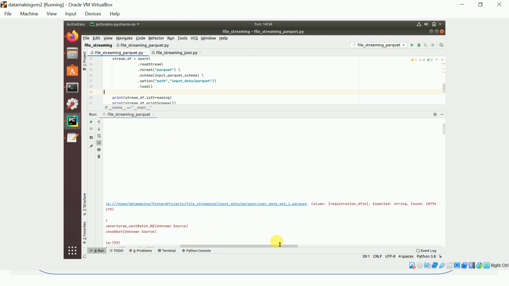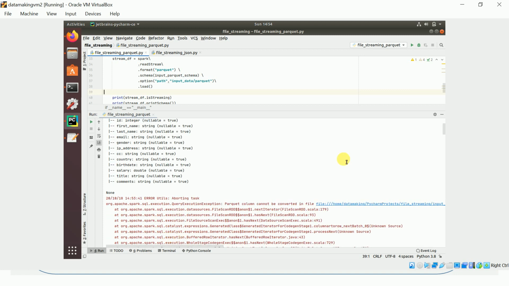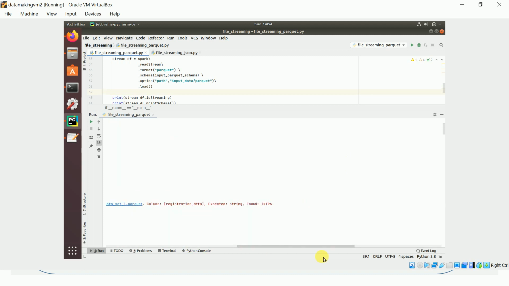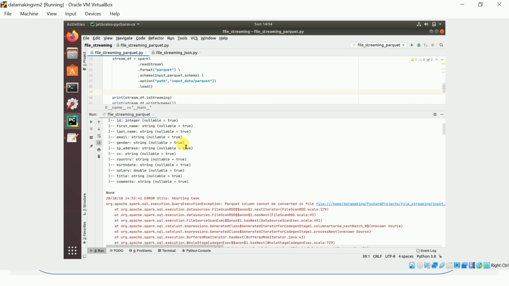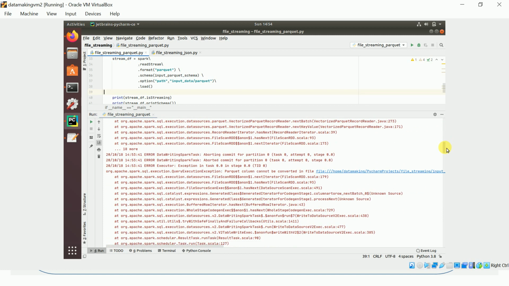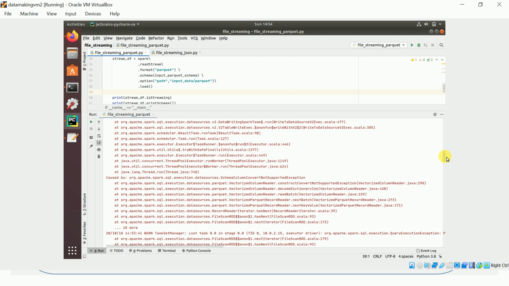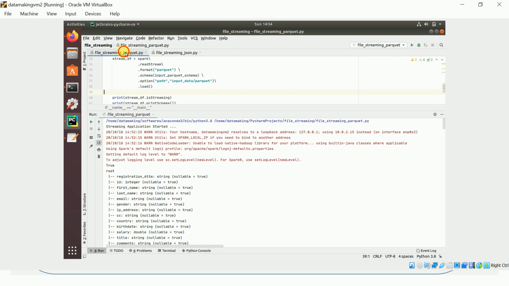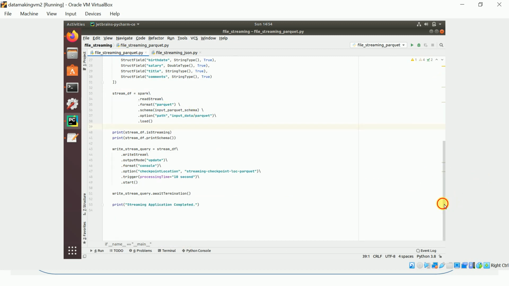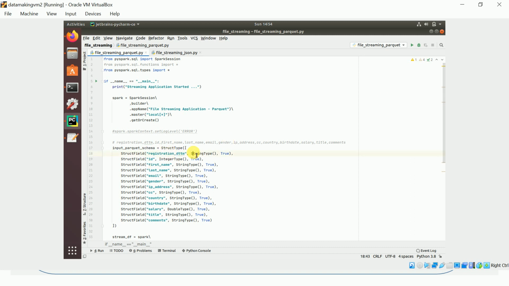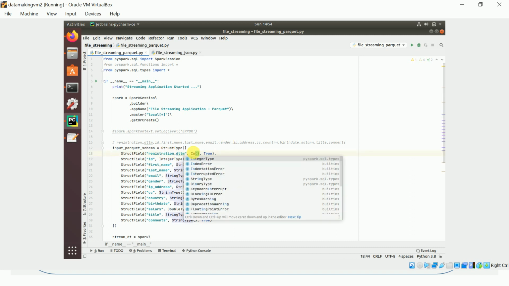It says expected string and found int96. So we'll try to change that into integer and see how it is.